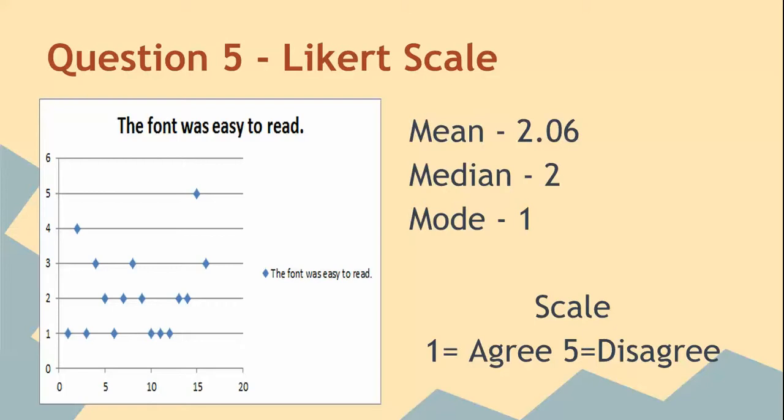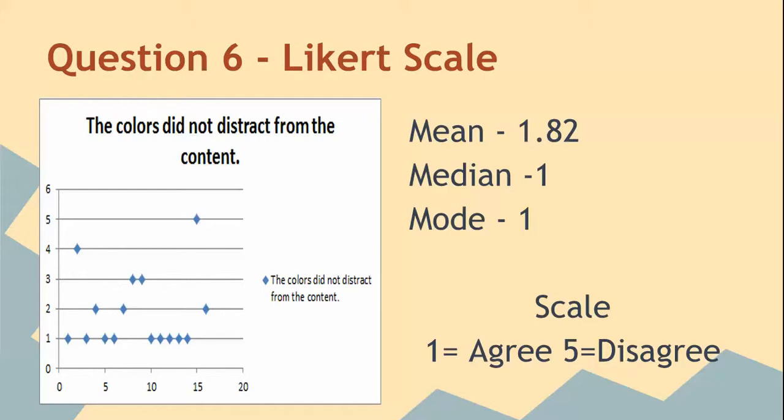I got more 3s and 2s in there than I expected. So I know for future, maybe tone down the font or make it a little bigger. In my next question, I did another Likert: the colors did not distract from the content. And again, I got mostly 1s. People tended to agree. I wanted to make sure the colors were not overbearing and that people weren't able to